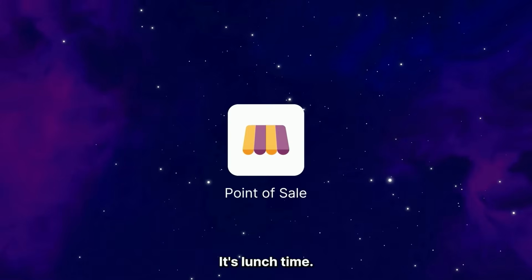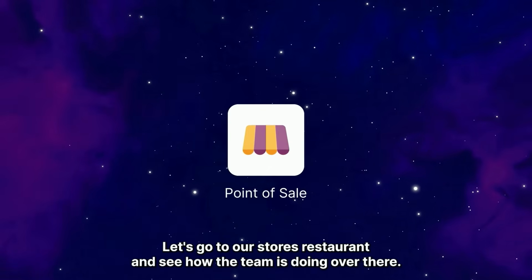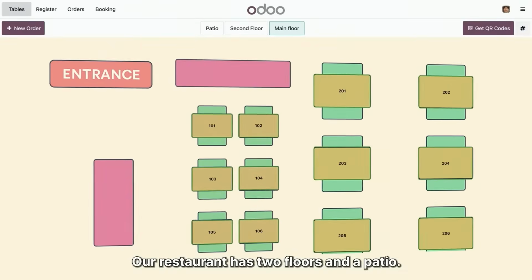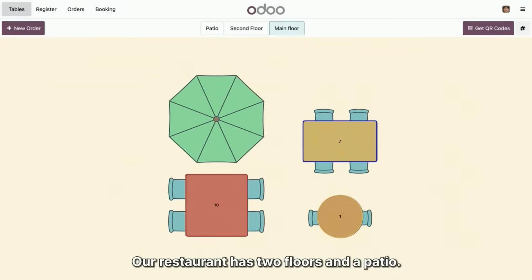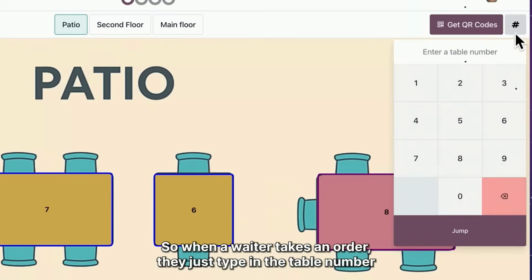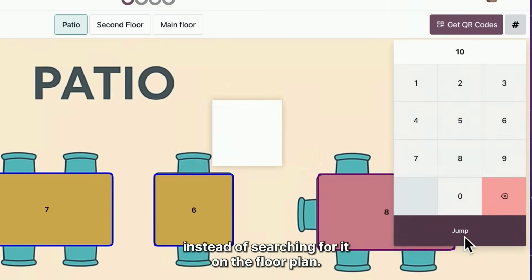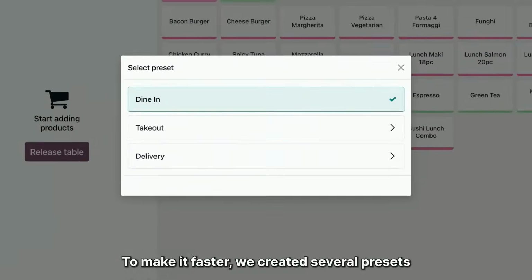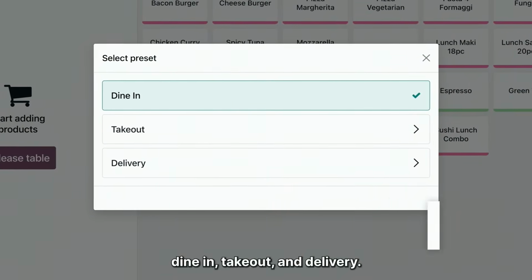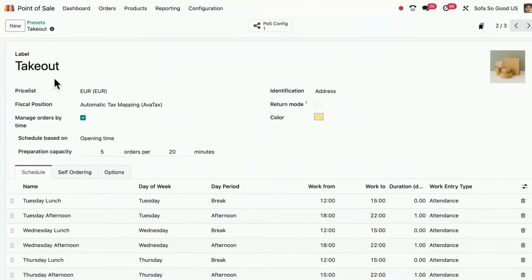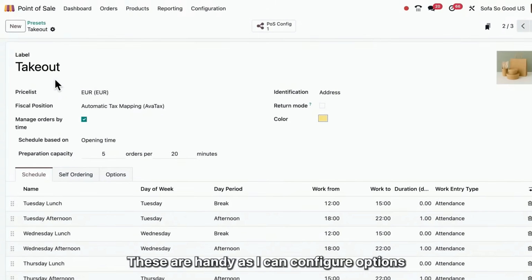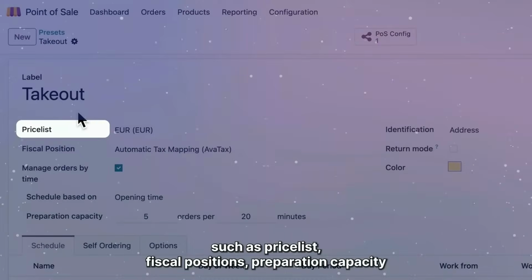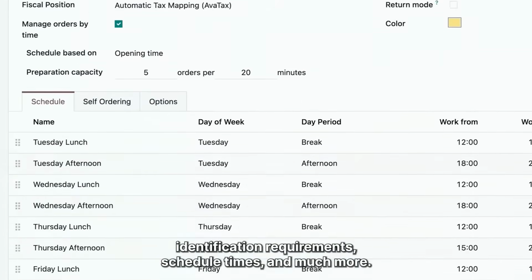It's lunchtime. Let's go to our store's restaurant and see how the team is doing over there. Our restaurant has 2 floors and a patio. So when a waiter takes an order, they just type in the table number instead of searching for it on the floor plan. Then they take the customer's order. To make it faster, we created several presets: dine-in, takeout, and delivery. These are handy, as I can configure options such as price lists, fiscal positions, preparation capacity, identification requirements, schedule times,